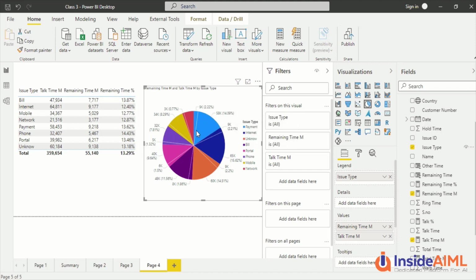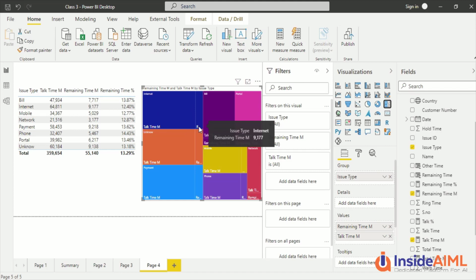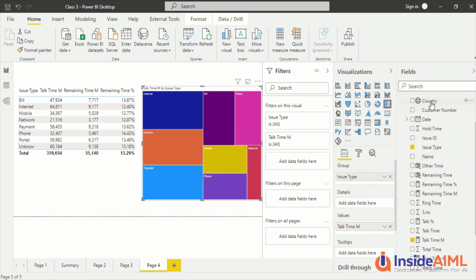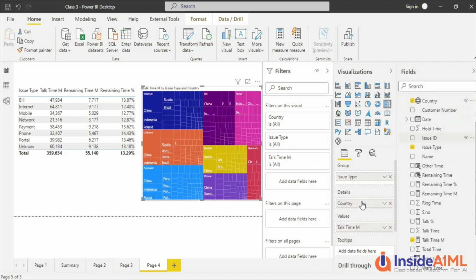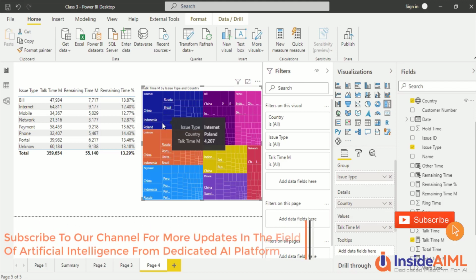So now what we are going to do is, we are going to make it as the heat map. Or the tree map, sorry. So in the tree map, we are now getting the different pies of talk time and the remaining time. Now one more play around which we can do is, we can take only talk time and go ahead and make countries out here in the details. And this is another version where we have the split of the countries out here. Okay, so that was the split of measures. This is the split of dimensions. So this is your tree map visual.